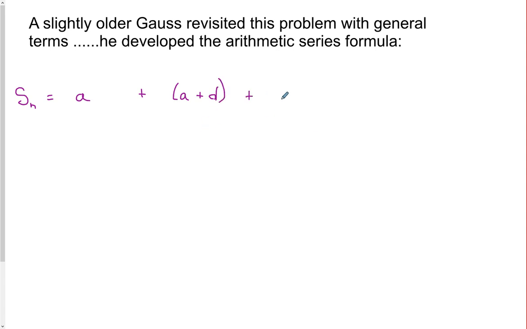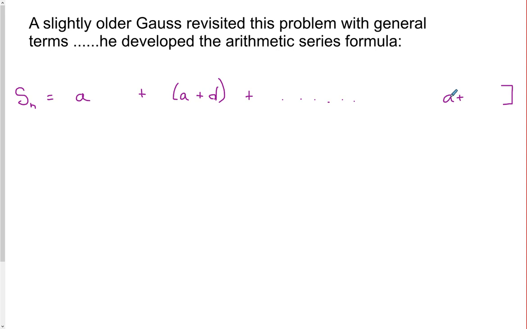The next term, which I'm not going to write, would be a plus the common difference added on twice. And then a plus the common difference added on 3 times. And then a plus the common difference added on 4 times. And that keeps going and going all the way to the end. And if there's n terms, we don't know what n is yet. It could be 100, or it could be 50, or it could be 10,000. But if there's n terms, that means the very last one, you're going to add that d value on